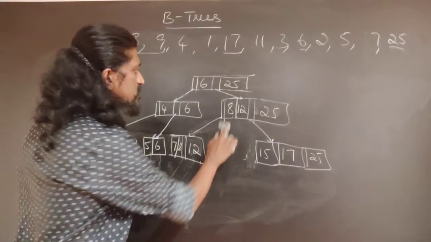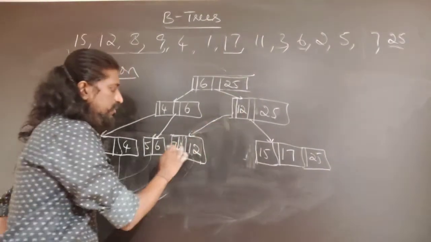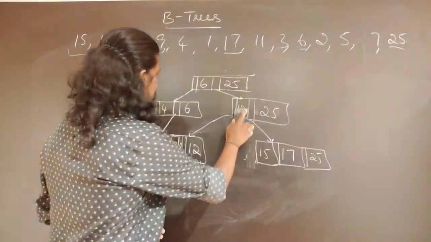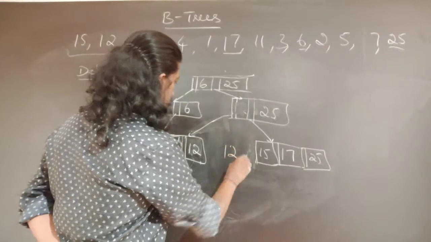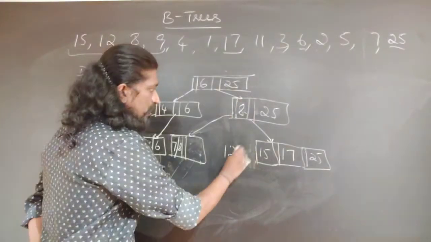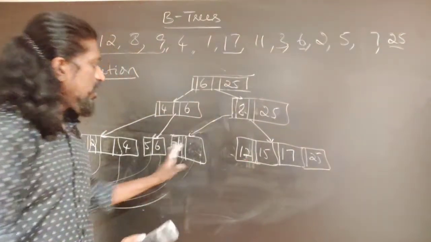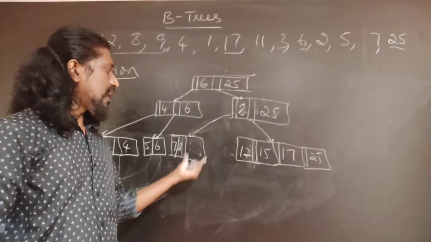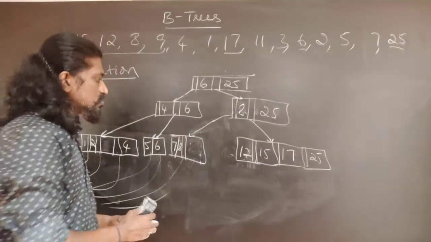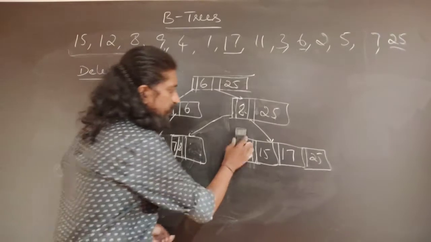So now there are only 2 nodes, so this 8 will go off from the root node and there will be one descendant from the left, and this will be pointing to the node consisting of 7, 8 or 12. Alternately, if you merge 12 with this node, then nothing needs to be done. Everything remains as it is, because that doesn't become the largest node in that particular node. You just merge it and leave it. So this is how a merge operation can be done in a B tree.